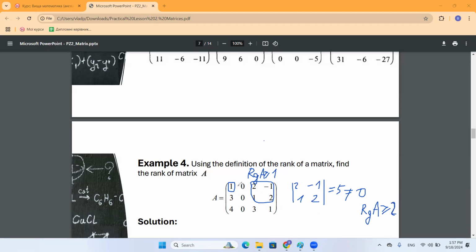And now for the third order, we can take this minor or this one. And actually, which important property of the determinant do you remember? If all elements in the row or in the column are zeros,